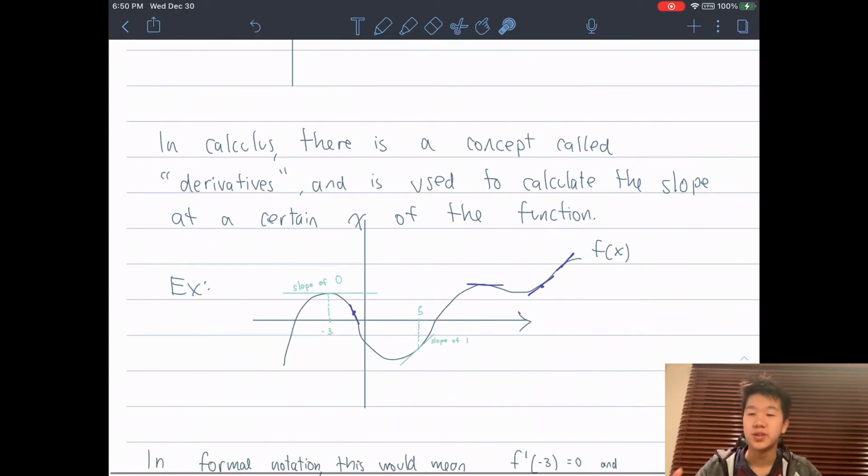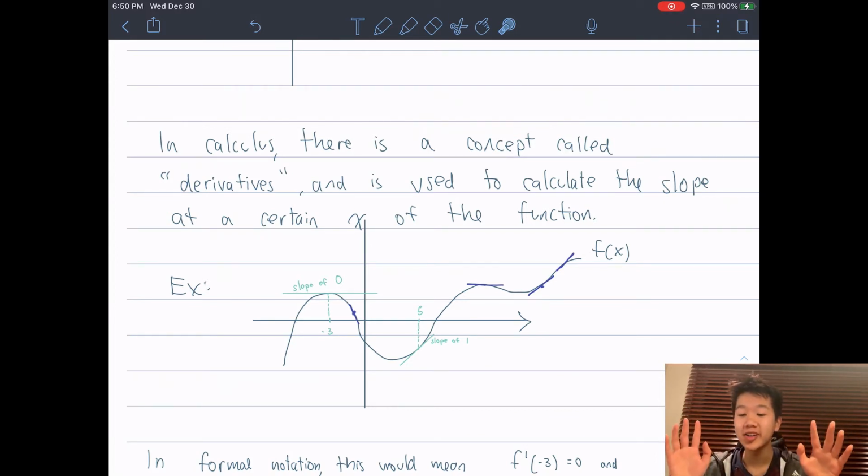So now we're going to do a full-on course on calculus, and you don't really need to know anything about it. You just need to listen and enjoy the ride. So in calculus, there's a concept called derivatives, and it is used to calculate the slope at a certain x